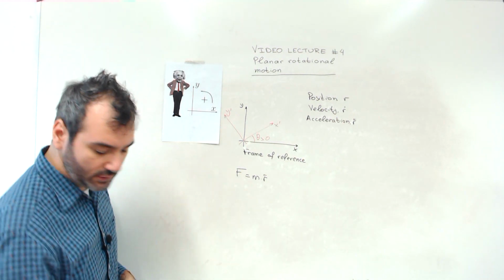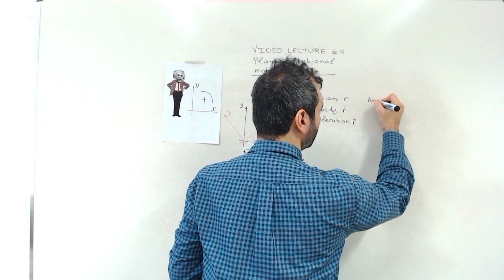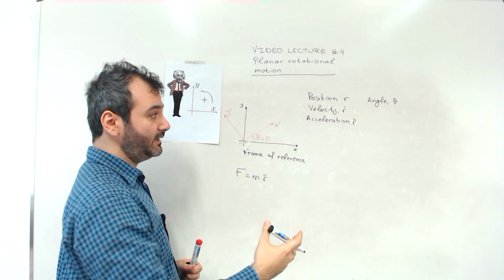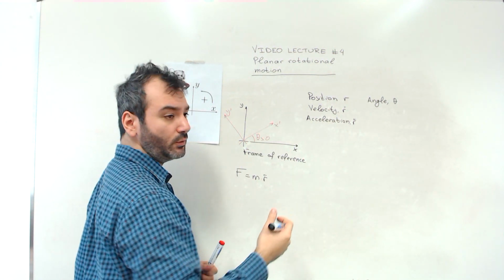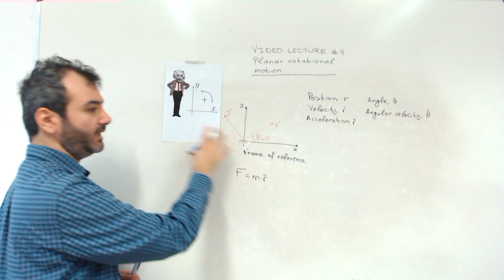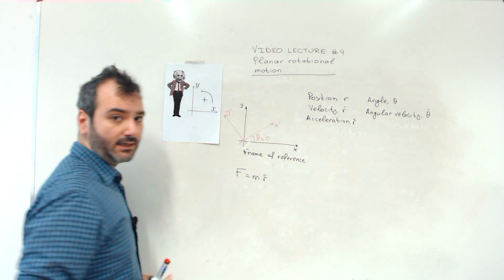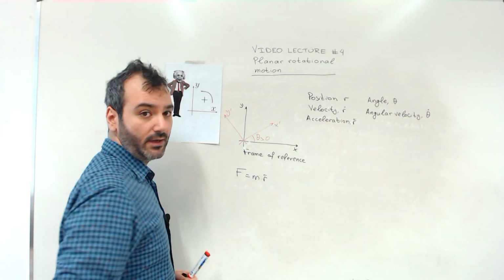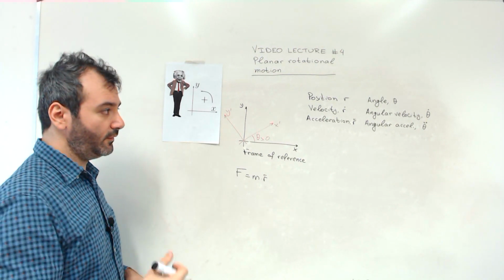Now it makes sense to say that the counterpart of position is the angle for rotations, the angle of rotation theta. Then, that said, the counterpart of velocity, that is the derivative of the position, is what we call the angular velocity, which again, according to this convention, is positive if the object spins counterclockwise and it is negative otherwise. And similarly, we can define what is called the angular acceleration,